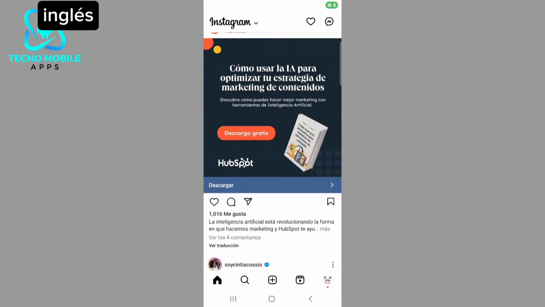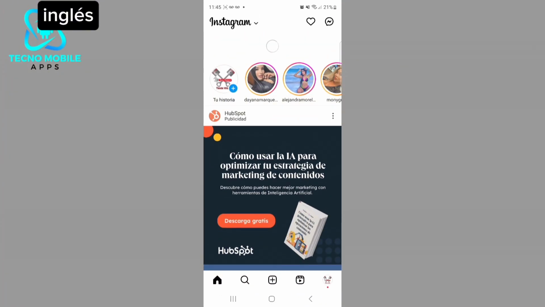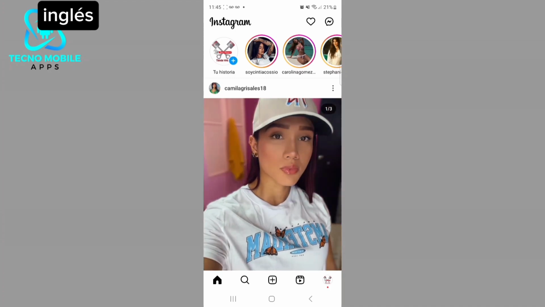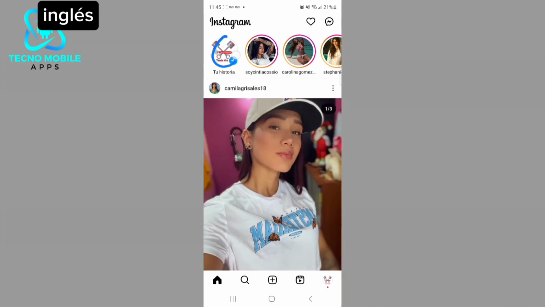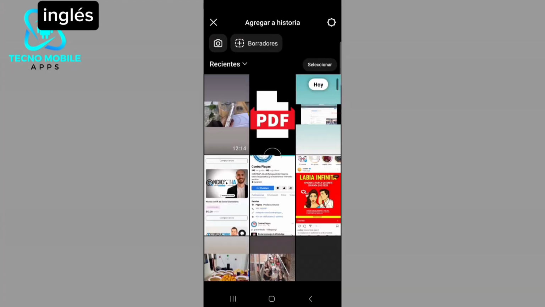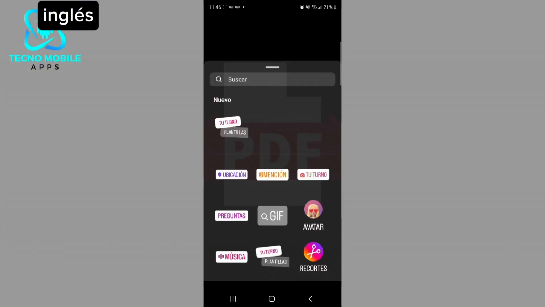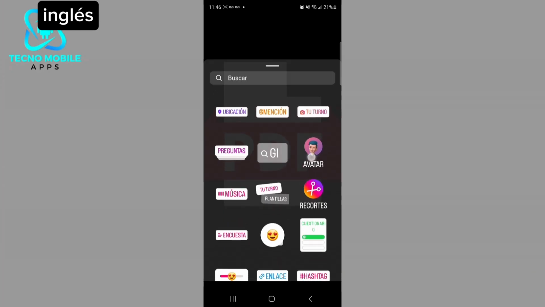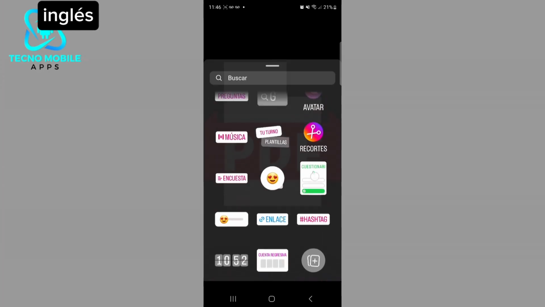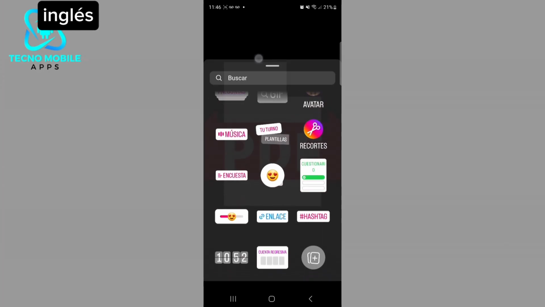Let's get out of the reel here. For example, also if I'm going to post a story, let's go here to the part of stories. If I'm going to post a story, let's upload this PDF as an example. Let's look for the song. Let's search here. Music, where is it? I don't see it here. Music. In this part,